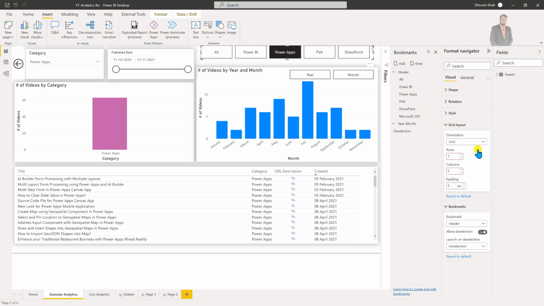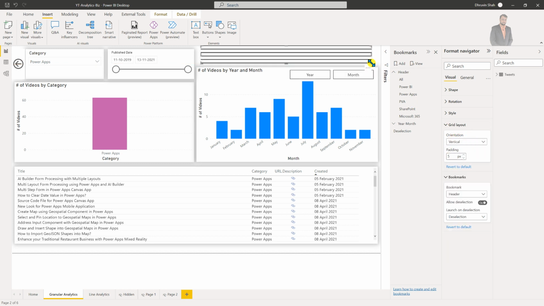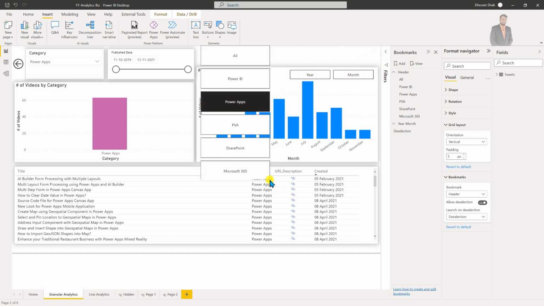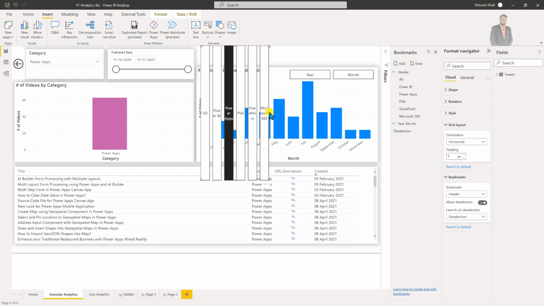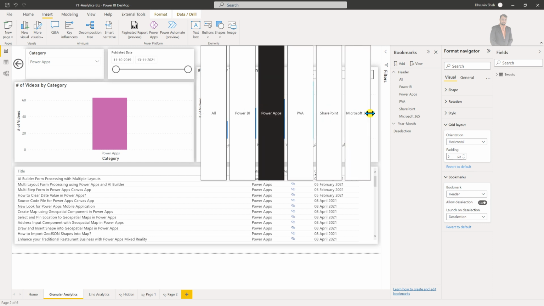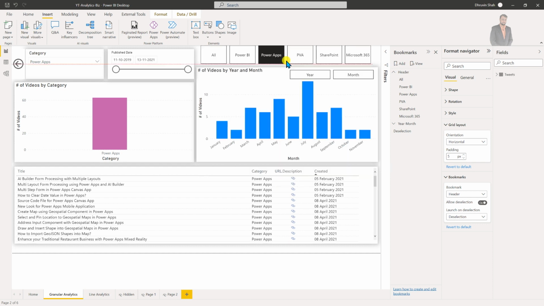The first option is grid, and in grid it is showing how many rows and how many columns you need and how much padding you need in between them. So let's say if I am adding 4 columns here, it is showing me 4 columns and padding in between them, and it has scroll in between them. So this is one more thing. Another is vertical. If you wanted to change the entire orientation to vertical, you can just select this and it will show you the vertical layout. In the same way, horizontal is something which we already have and already discussed. So you can set the horizontal property as well over here, right?